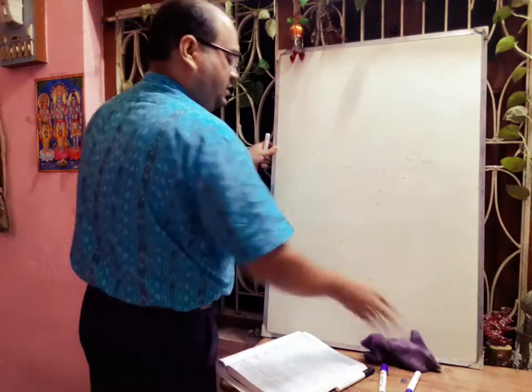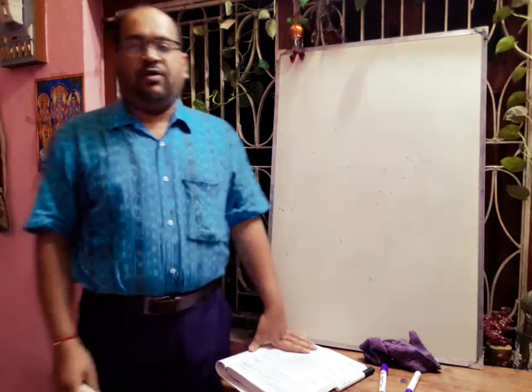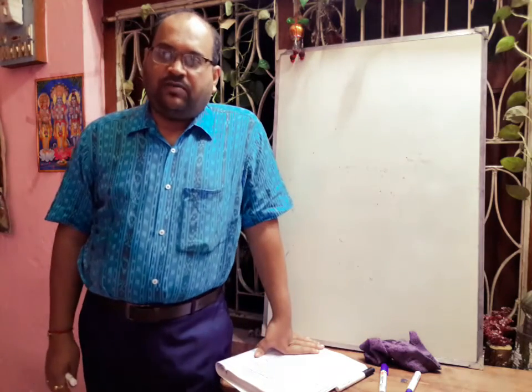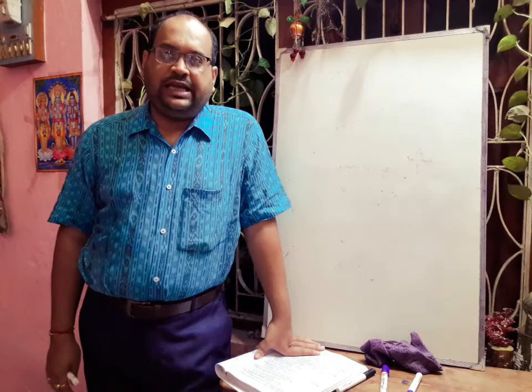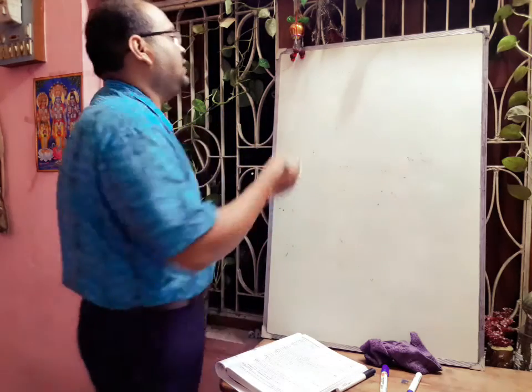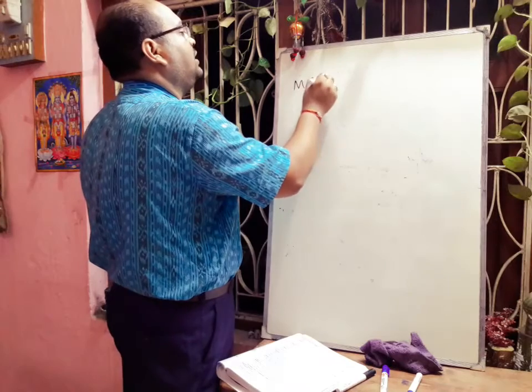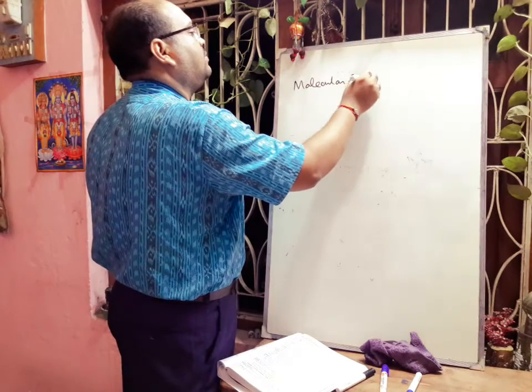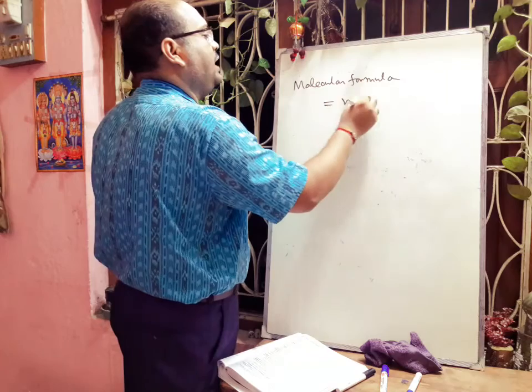the molecular formula. Now what is molecular formula, you know? It is the formula of a compound which represents not only the relative number of atoms of each element but also the actual number of atoms of various elements present in one molecule of the compound. So in case of molecular formula, the actual number of atoms are present. Now there is one relation between the molecular formula and empirical formula. So that relation is molecular formula is equal to n into empirical formula.